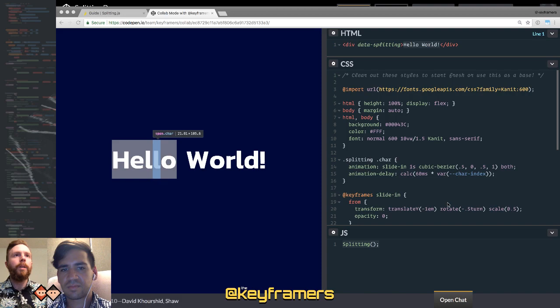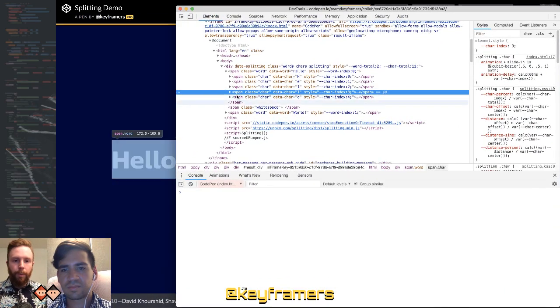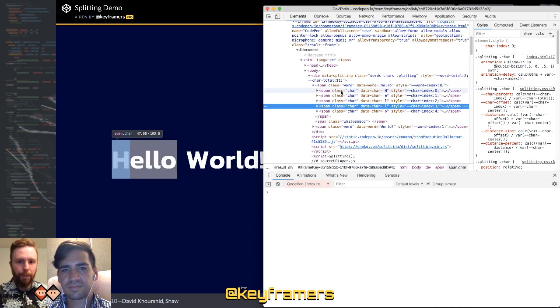So if I inspect here, my DevTools popped over, you can see all of these fancy little spans. Each character is wrapped in its own span, and it actually wraps each word in a span as well. This is mainly for text wrapping on longer pieces of text, so that it doesn't get separated.